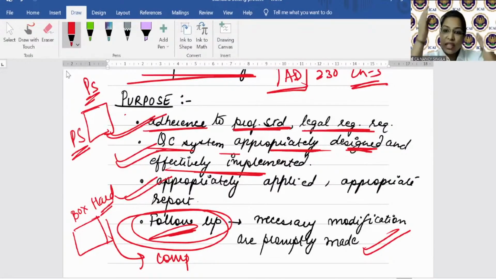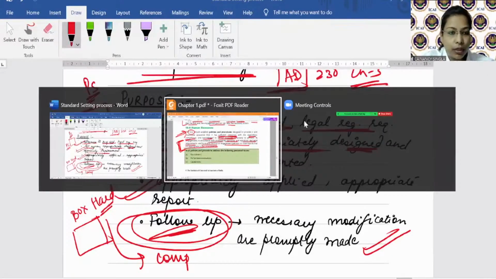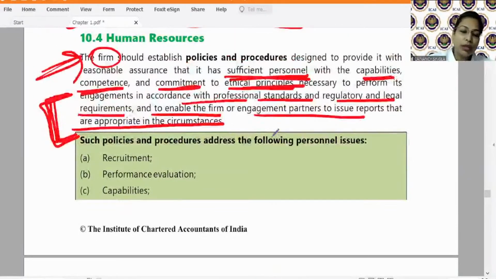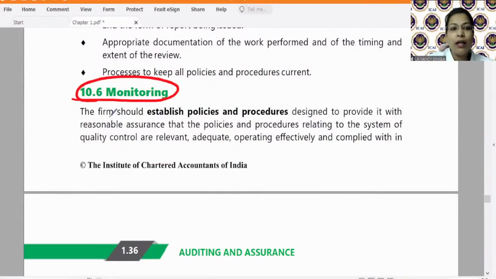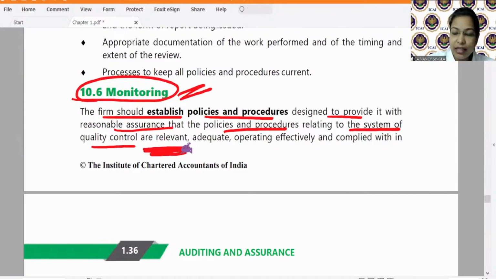So whether all the policies and procedures relating to quality control are appropriately implemented or not, वो correct है या नहीं, appropriately designed and effectively implemented. So for that monitoring, the audit firm needs to establish the policies and procedures. So let us read this monitoring wala point. So you may get a direct question, है ना, establishing policies and procedures relating to monitoring is necessary, explain. So the firm should establish policies and procedures designed to provide it with reasonable assurance that policies and procedures relating to the system of quality control are relevant, कि वो relevant है, adequate है, operating effectively है, complied with है।